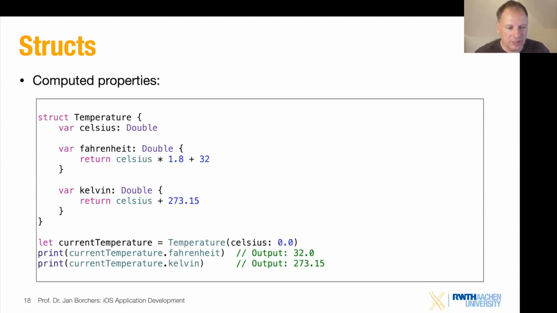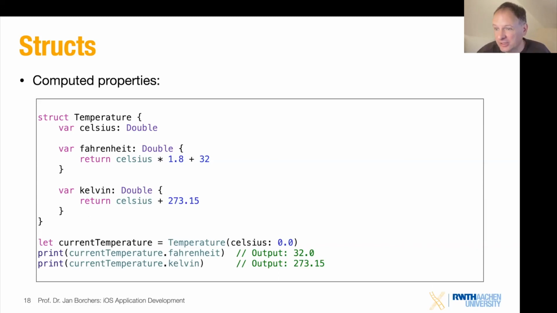So what you can now do is create a new temperature struct, initialize it with, let's say, the default initializer. Note that in this example, we have no initializers given at all. So this is the way that you can initialize it, because that initializer is automatically synthesized for you by Swift, right? You don't need to write any initializers if all you want to do is this. And then we can actually call things like current temperature dot Fahrenheit. Note no round parentheses after Fahrenheit or Kelvin here. We're just accessing these things as if they were member variables or normal properties like Celsius, but they're actually computed on the spot at this moment.